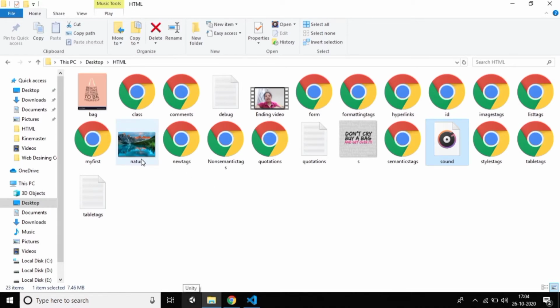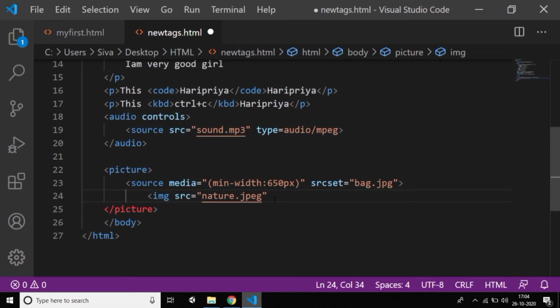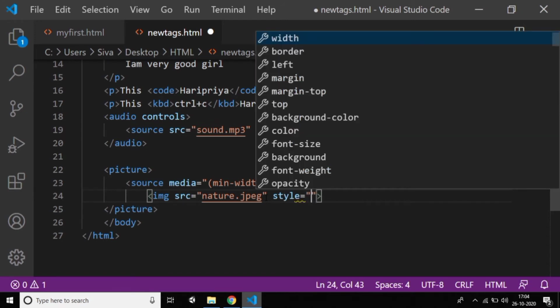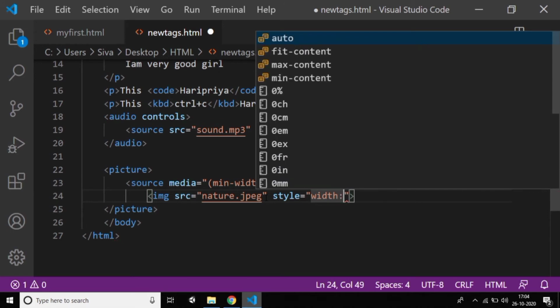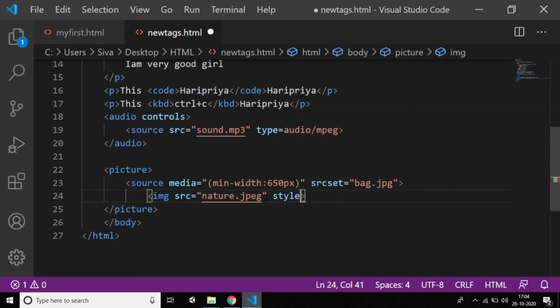Of course you can also use jpeg, so don't forget to give that. I'm closing this one, and here in style I'm giving the width as auto.